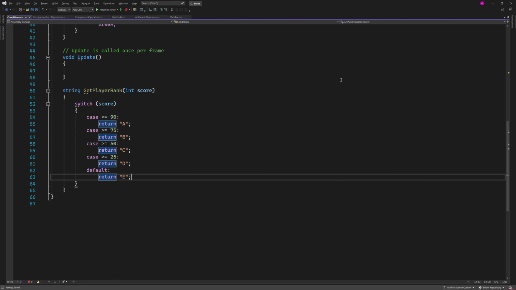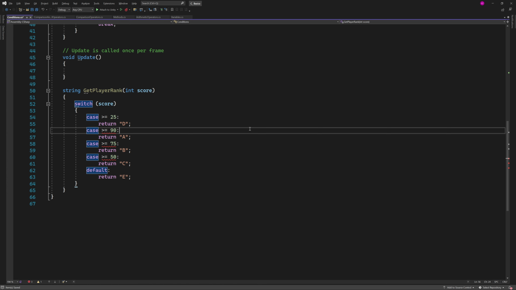Be careful here about the order of the cases. They are evaluated from top to bottom, so if we test first if the score is greater than or equal to 25, we get an error telling us that some cases are not accessible. In fact, after the first case, all scores greater than or equal to 25 will already be taken into account, so the following cases cannot be reached in this case.